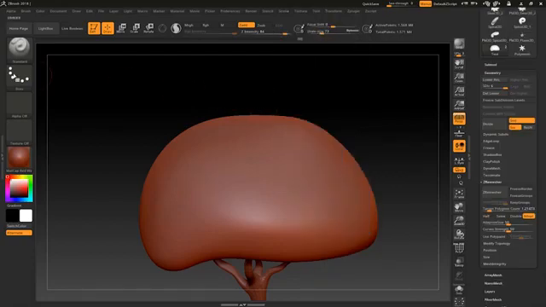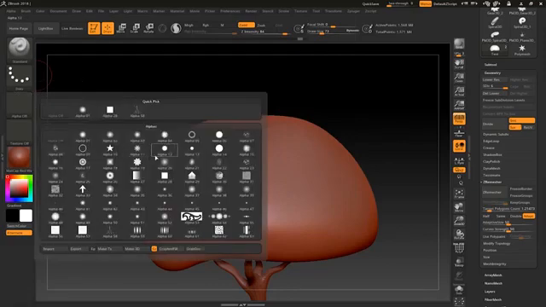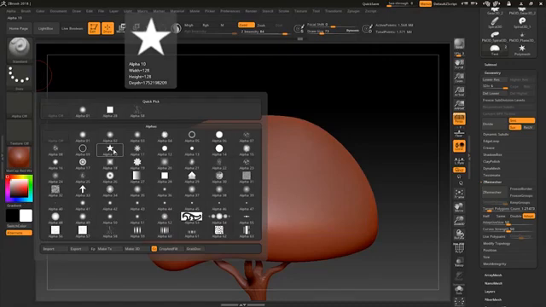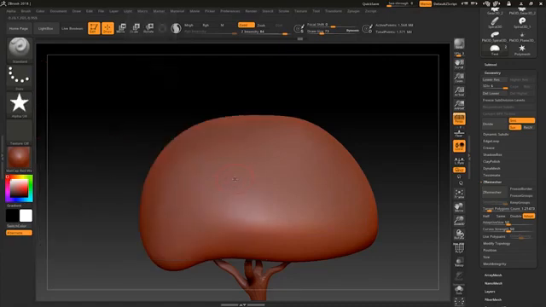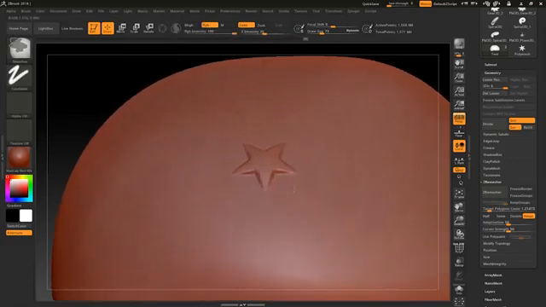So now we have something called the alpha. Alpha is actually black-and-white images which can add information to your model. By default, if I just drag it, you can, okay, I put the intensity a little bit less, so you can see we are getting this star. To control it